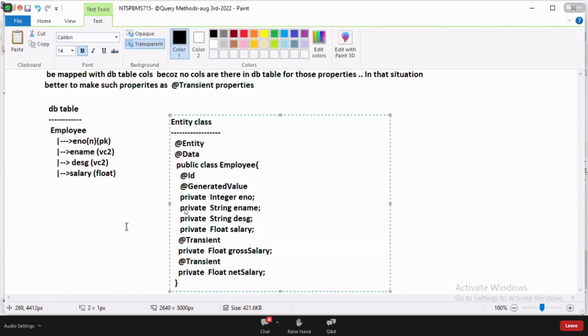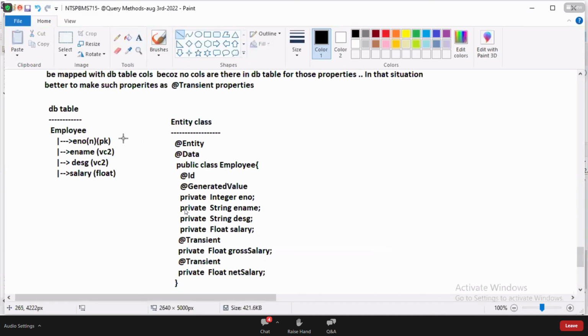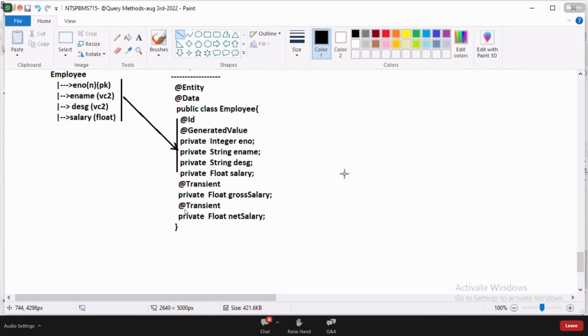In that situation, better to go for transient or not. If someone asks you where you used transient in your project, can you answer this? I think Vijay Kumar, you got a somewhat better answer now. Vijay Kumar asked what's the use of transient, when they are anyhow not participating in persistence operations. Convinced?